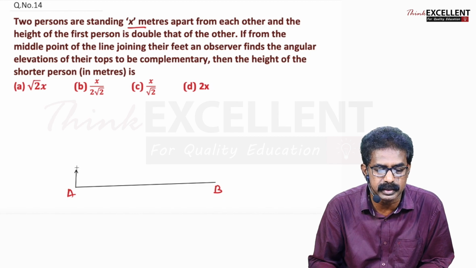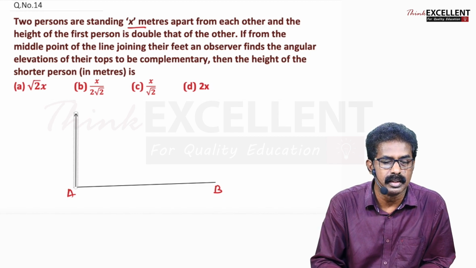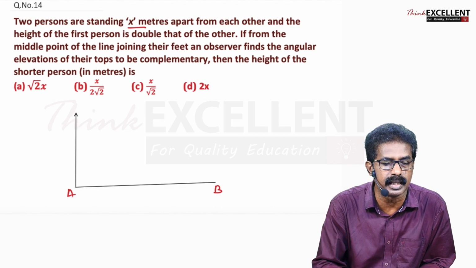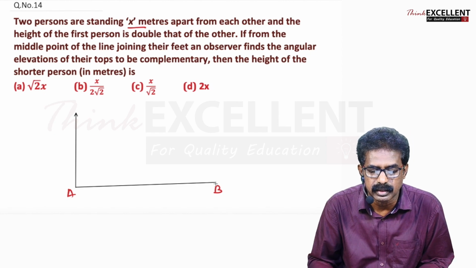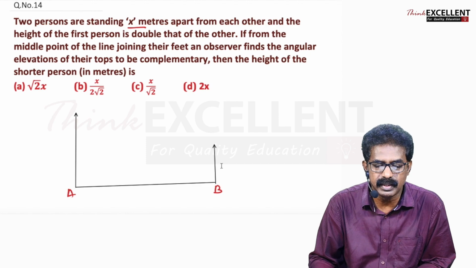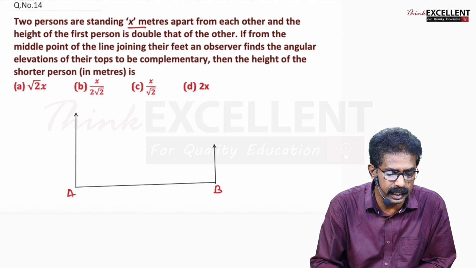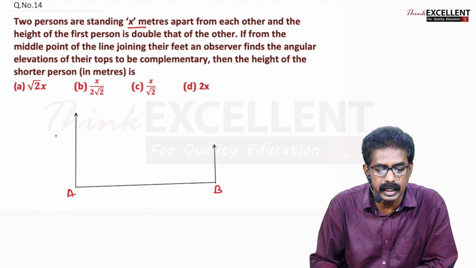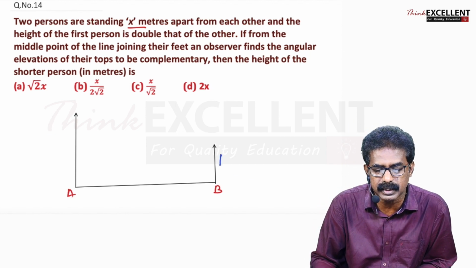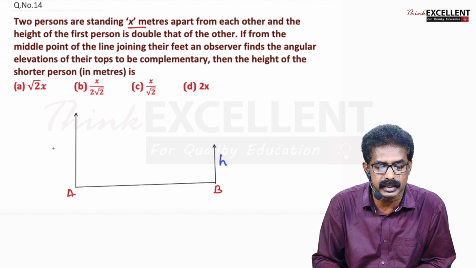So first person is tall, right? So second one, his height is half his height, right? First person, so his height is just half of that. Okay, so if this is the first person height is 2h, this will be half other. If it is 20, this must be 10. So second person height I am taking it as h. So the first person height is 2h.